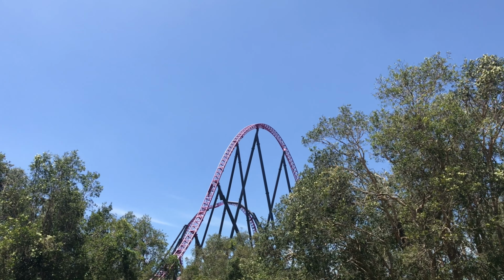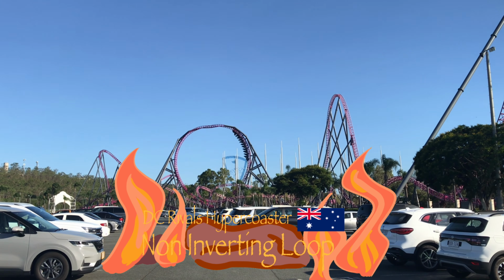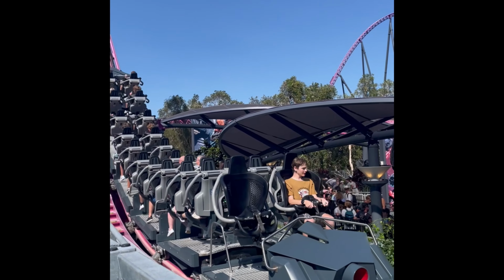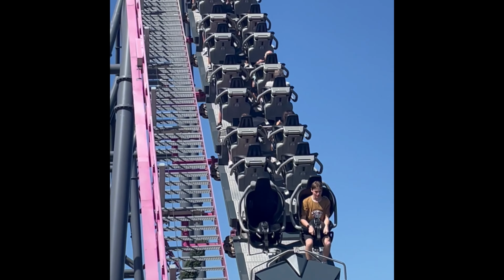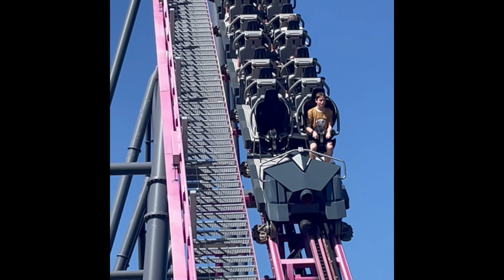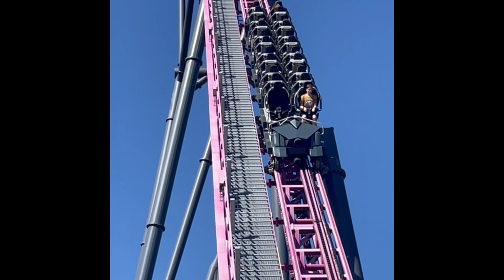Taken at rapid speed, this sends riders forcefully twisting around as they are lifted up in this uncommon element. And doing this backwards is a whole nother level of freaky. So out of all roller coaster elements I've ridden, that non-inverting loop is a...